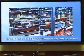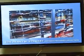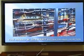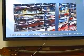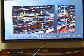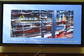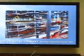Colt, in an attempt to get the military contracts, is outfitting his Model 1855s, which he actually starts developing and creating in 1851, but it's called the 55. We have one of the very earliest ones on exhibit downstairs. It's called the Queen Victoria model because it was at the Crystal Palace exhibition that year of 1851. But he's outfitting these with bayonets, saber bayonets, socket bayonets, and as you know, thousands of